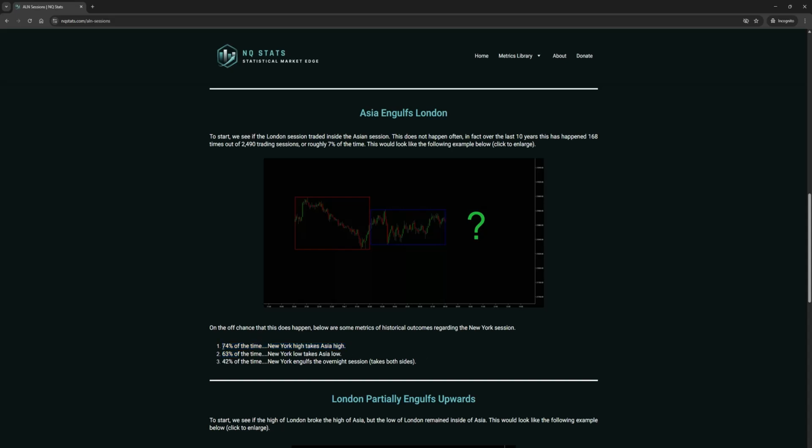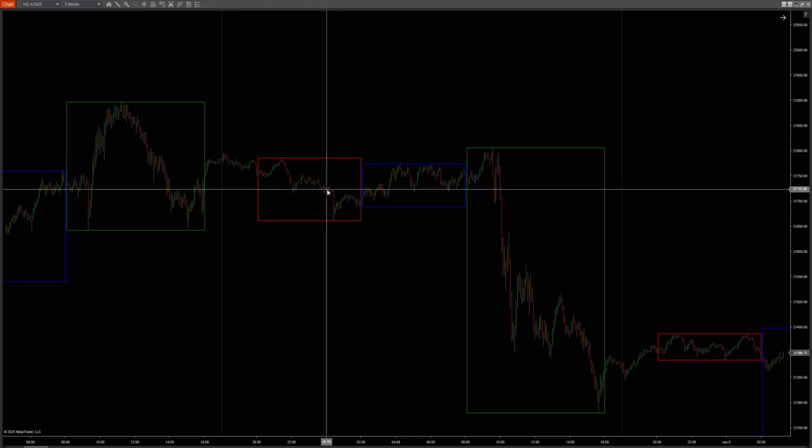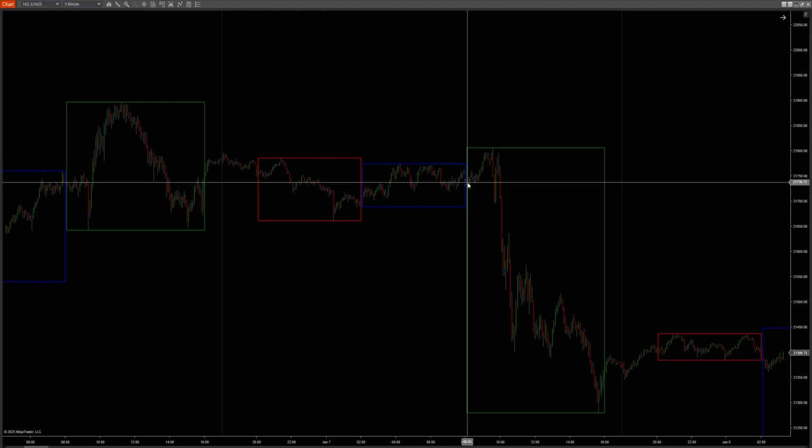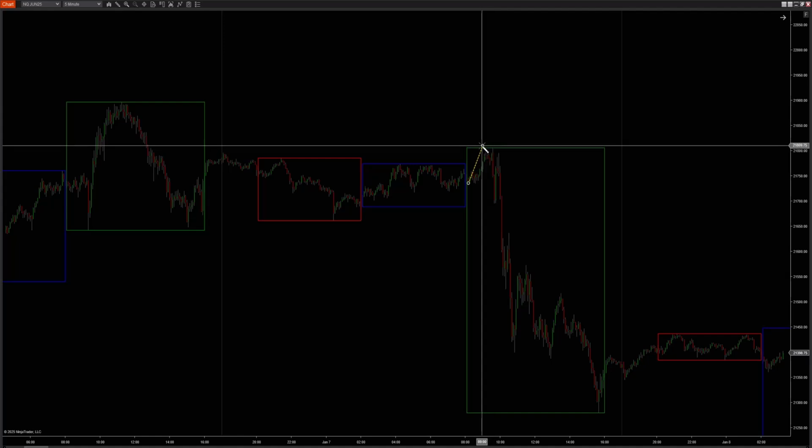You can expect, from the historical data, a 74% probability that the New York session will take the Asia high, so it will take the red box high. There's a 63% probability that it will take the red box low, and 42% that it will take both sides. So going into this day, the New York session opens up, runs up, and takes that high. That high, again, had a 74% probability of getting taken. Now that the high is taken,